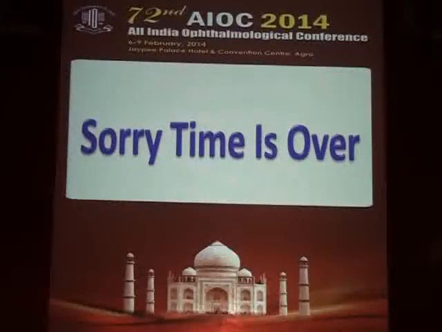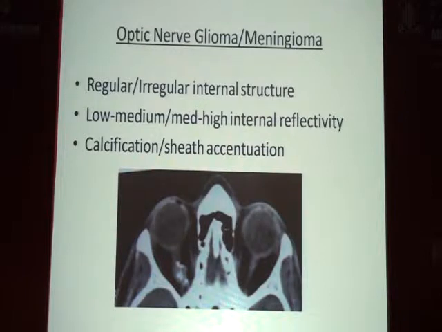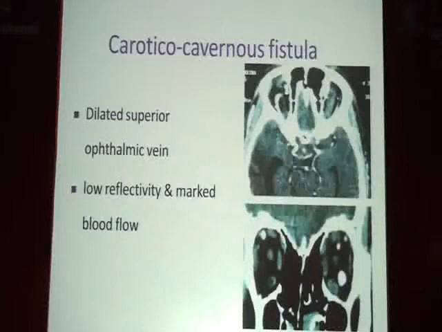So this is trauma or blowout fracture of the orbit, not a part of orbital tumors, but nevertheless CT is important in the differential. Optic nerve glioma and meningioma again can be picked up on CT, although the radiologist does advise an MRI scan in these cases to better evaluate the soft tissue structures.